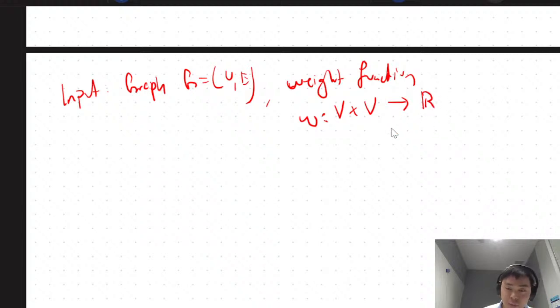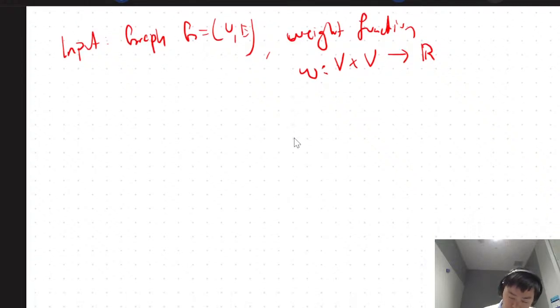And generally, we don't have to assume anything on the weights. Now, there are different ways of representing the graph. The most succinct way is to say you're given the graph structure, so you're given the unweighted graph,